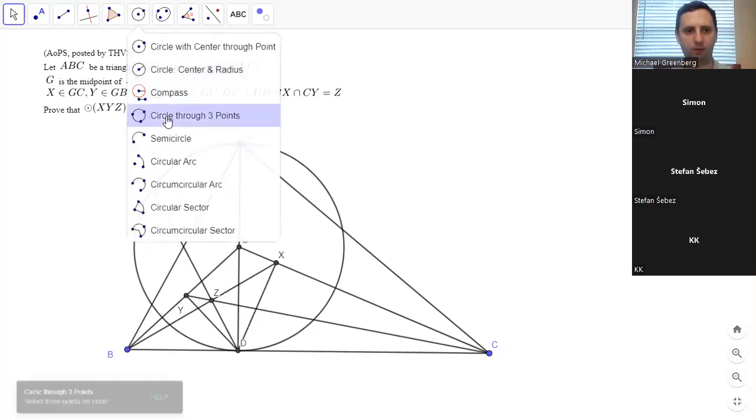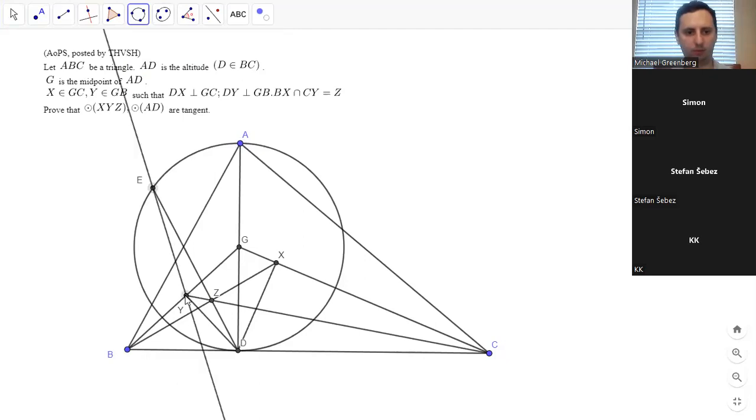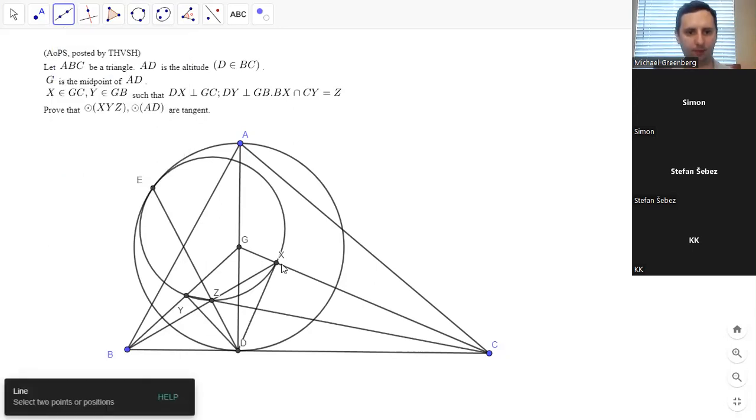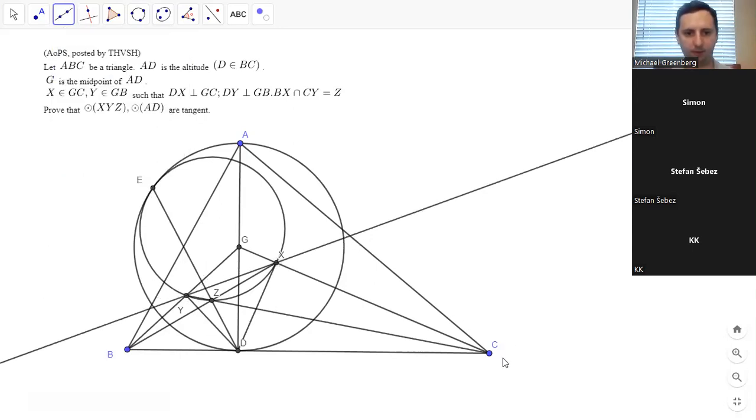I wonder, let me draw both circles just to see. Is there anything special about this circle? Maybe let XY meet BC at a point. Let's try that. So if XY meets BC,